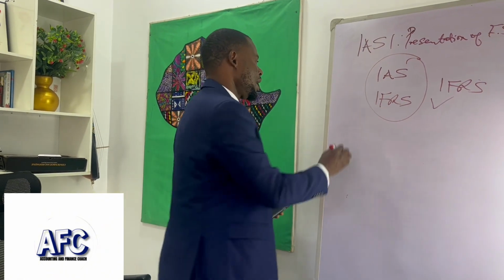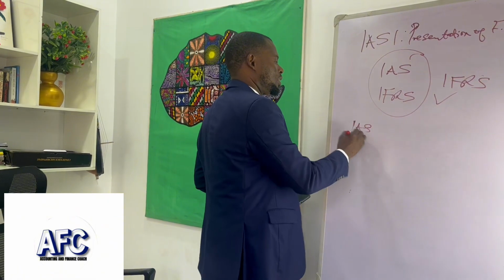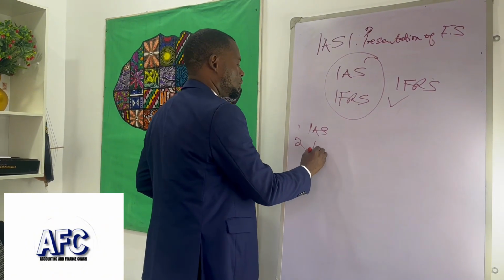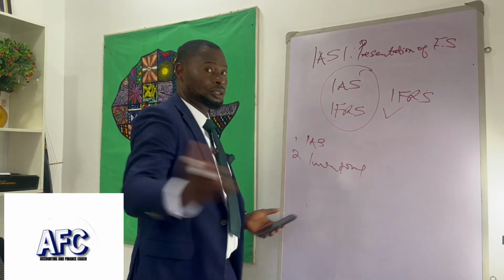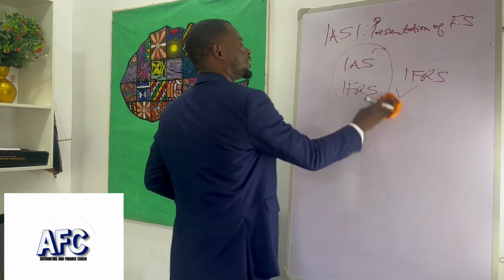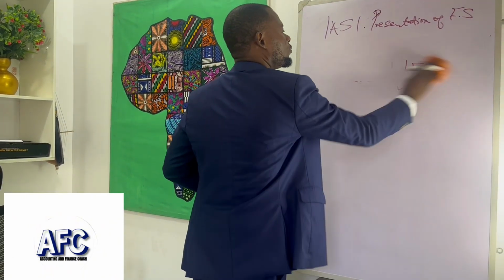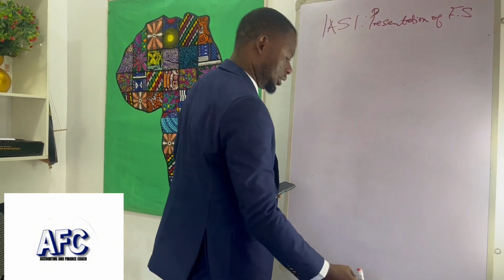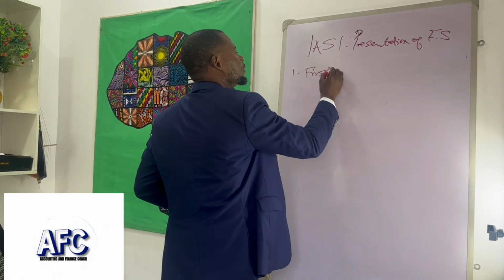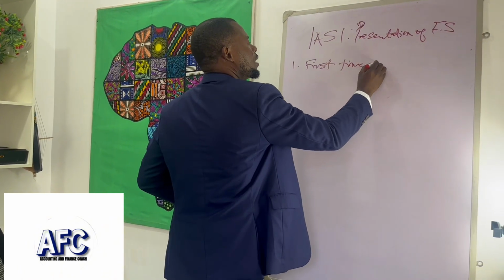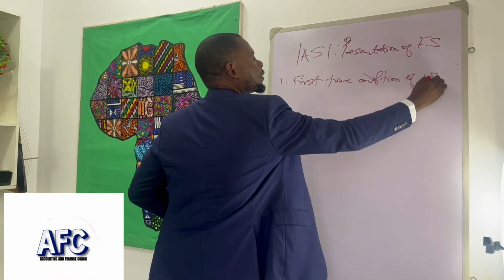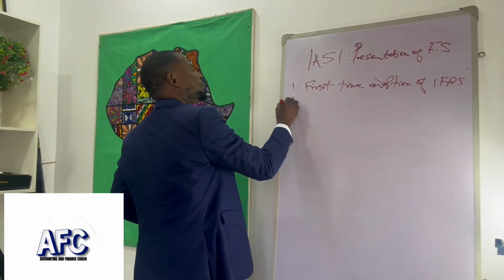So if you talk about IAS 1, for instance, you say presentation of financial statements. You talk about 2, you talk about inventory, and so on. Now, if you also want to look at the IFRSs, you could just say the first one is first time adoption of IFRS. You could say 2,